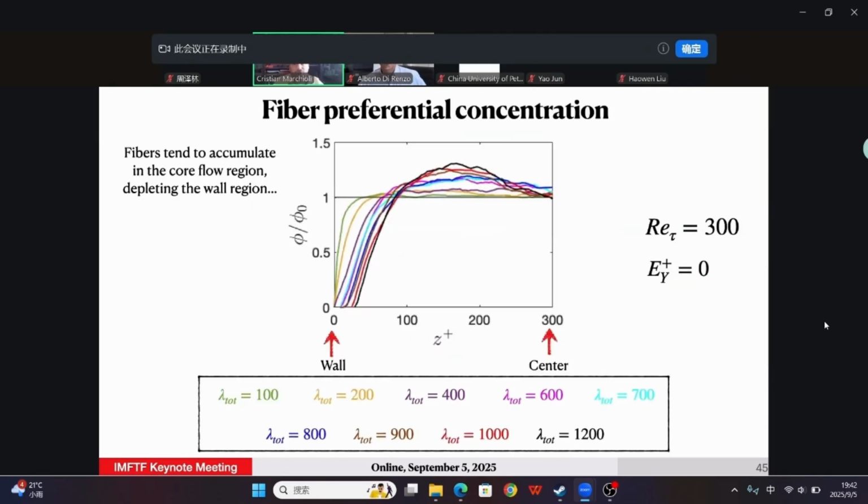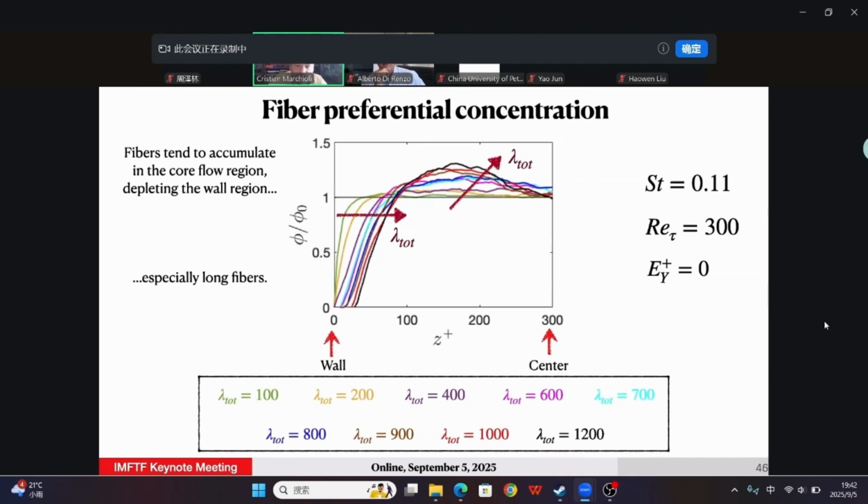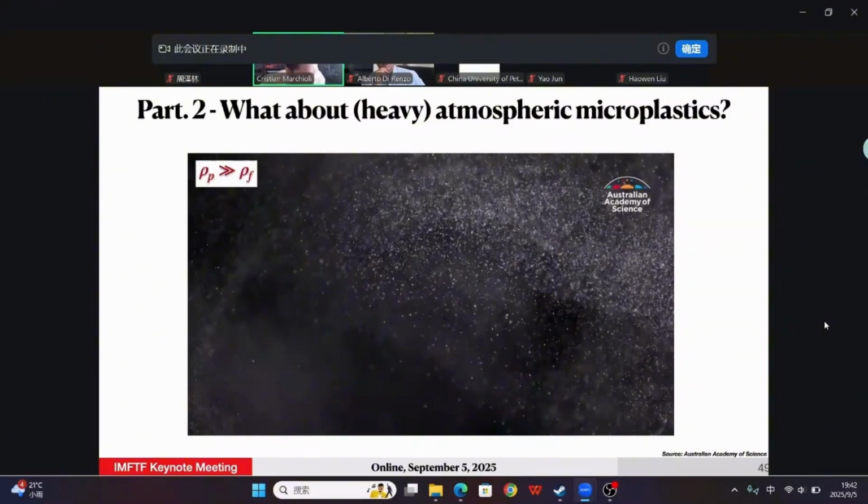But if they're long enough, sorry, I jumped too much. If they're long enough, then the effect of the material properties becomes less and less important. So what matters is the length. And you can see it here that increasing the rigidity is not really preventing very complex buckling. Okay, so I had some more results, which I'm going to skip because I want to show at least something